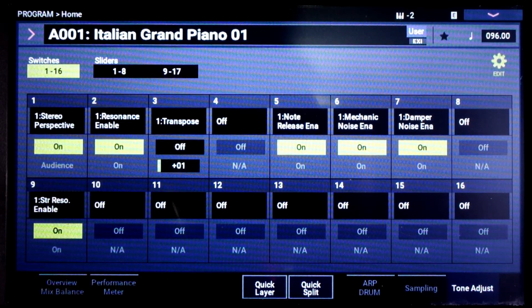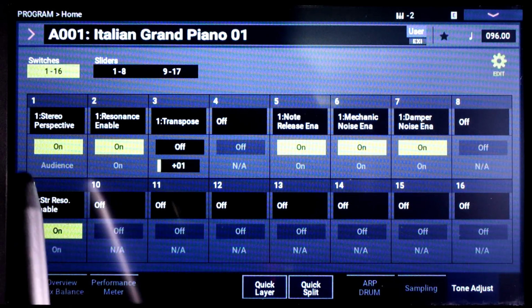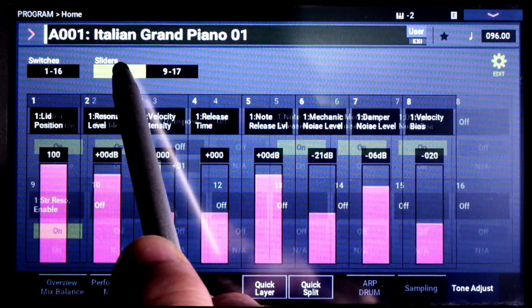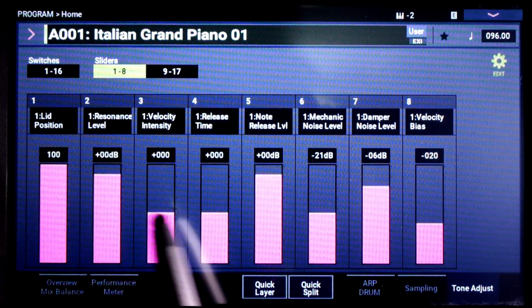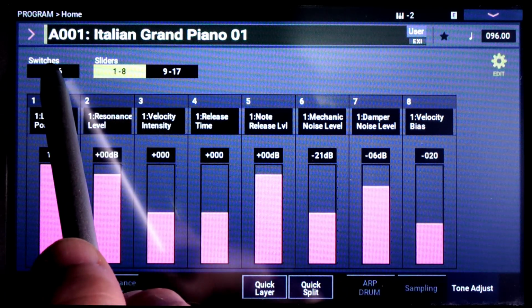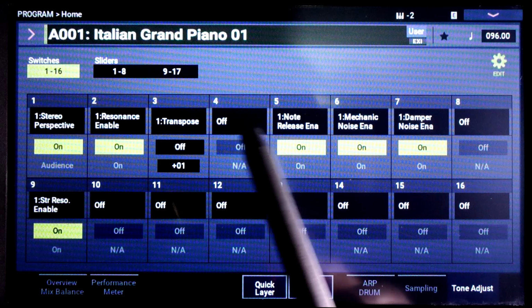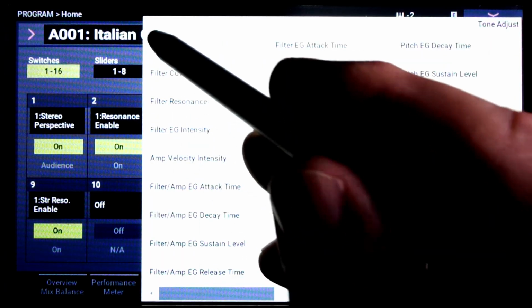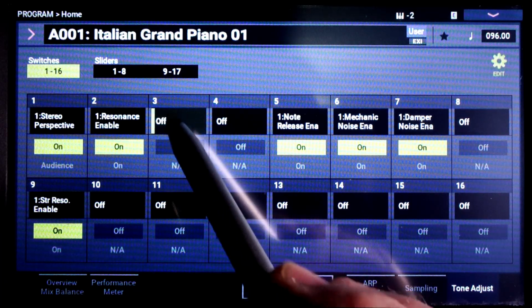So, without getting too in-depth in this, because there's so much more I want to talk to you about, there is a possibility of setting up switches, sliders, and if we go to 8, 9, I wonder if they're, you know, resonance, you could actually, you know what? Why don't we do this? Let's try this. Let's go back to switches, and let's turn that thing off. And make sure, see, we got,